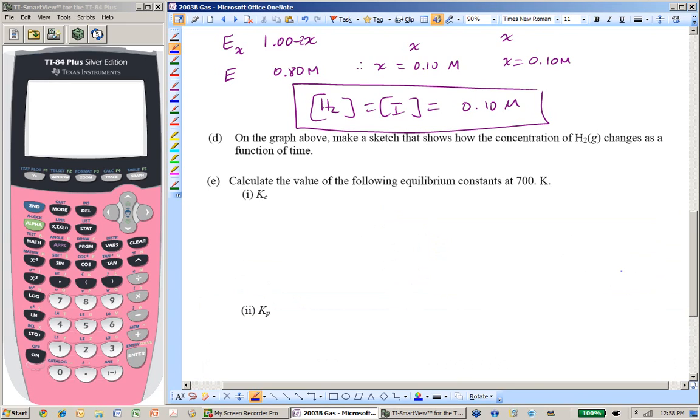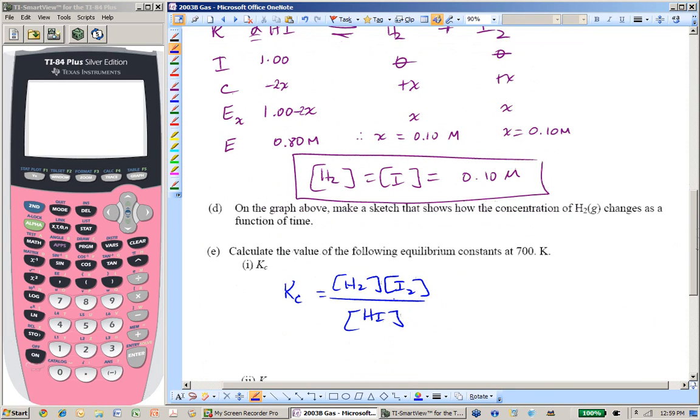Okay, so let's do Kc first, since that's what they want. And blue's good. So Kc is going to be equal to the concentration of H2, concentration of I2, over the concentration of HI. Where am I getting all that? That's products over reactants from the balanced equation that they gave me. Again, don't forget that too. And that's equal to what we just found. Let the problem lead you. 0.10